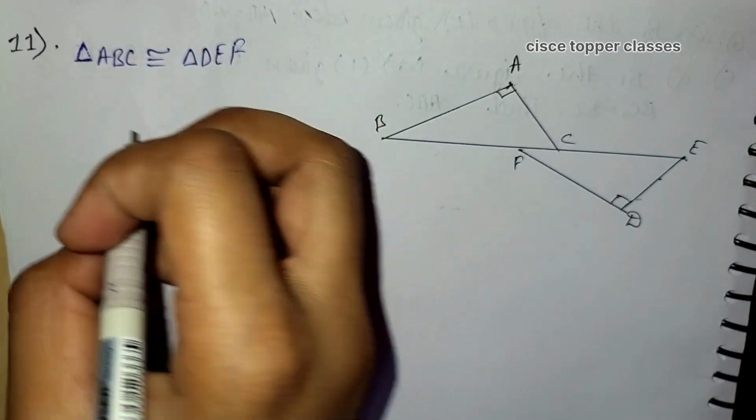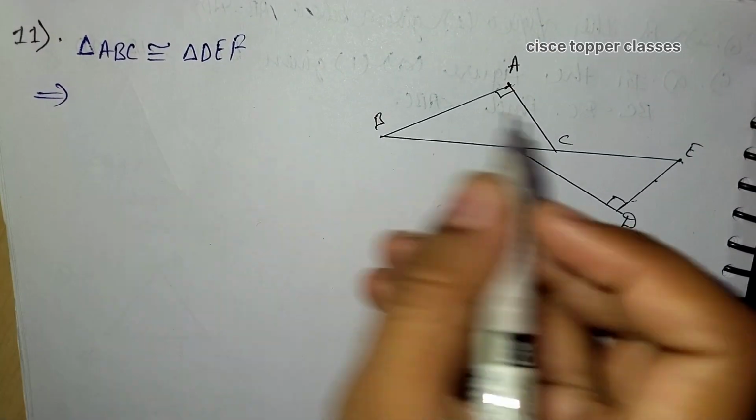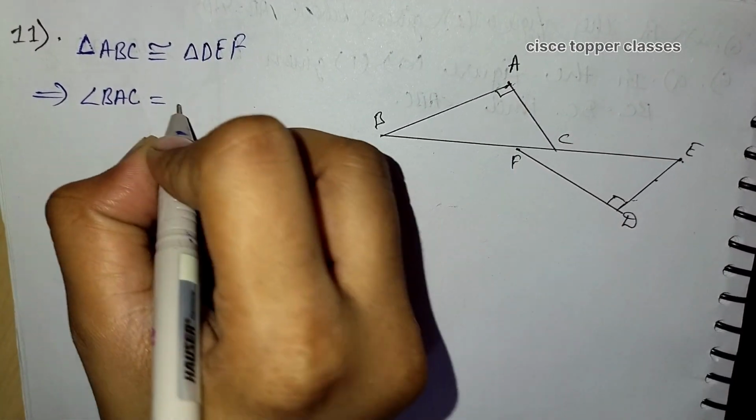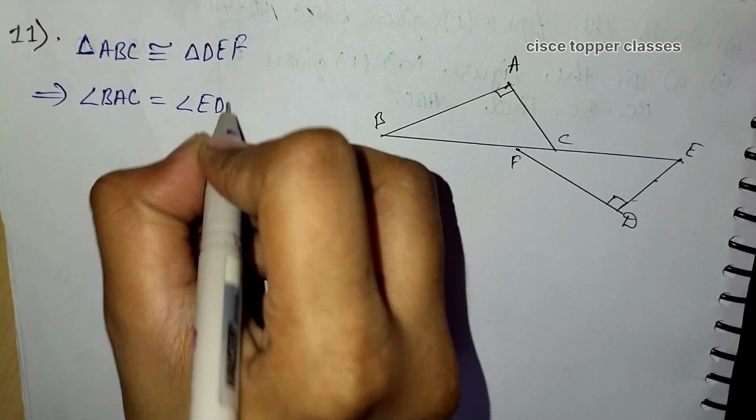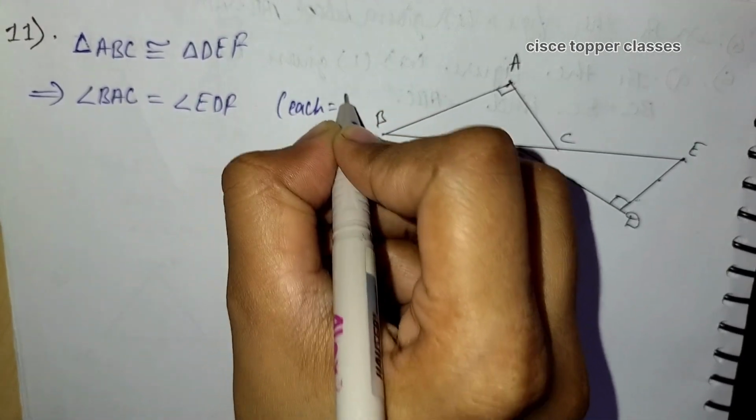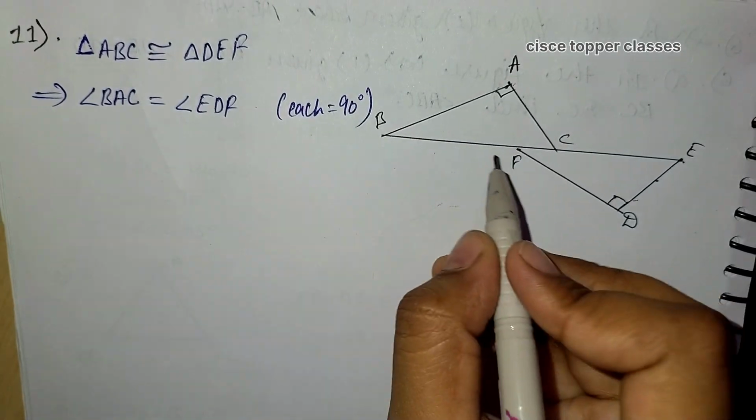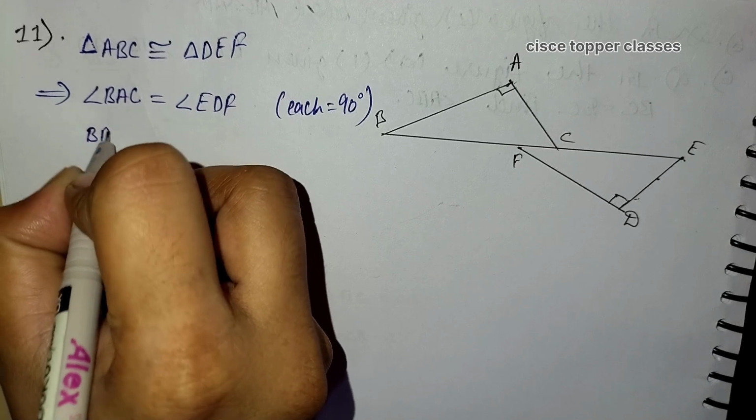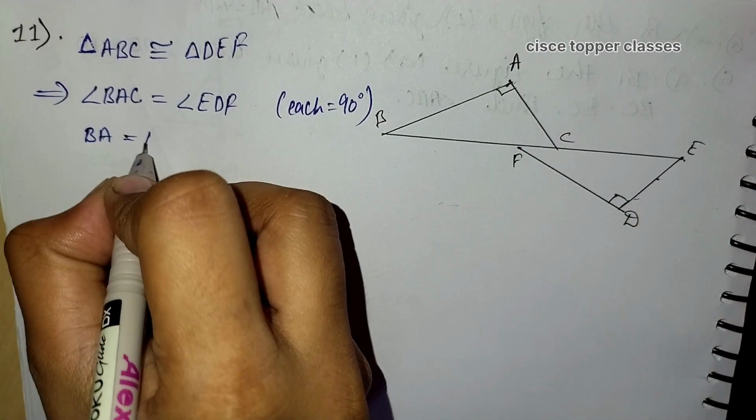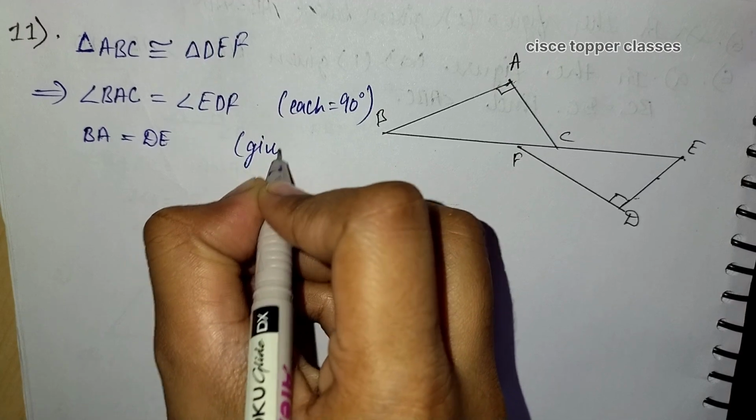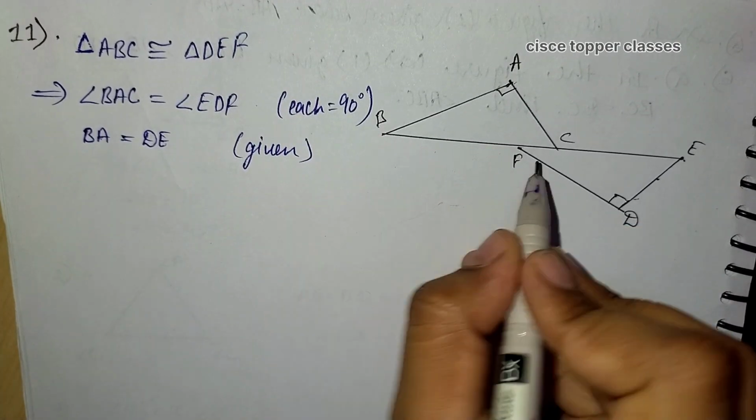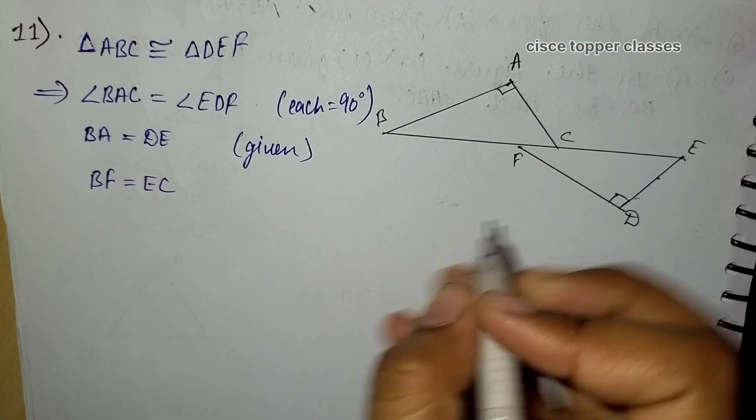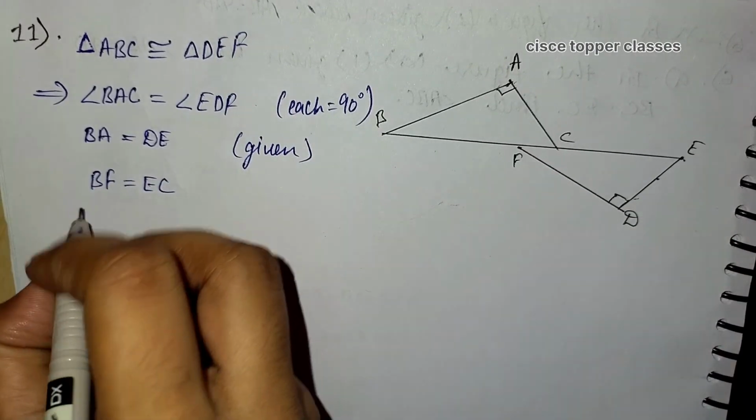So here we can simply write it as, to prove this, as this is perpendicular means angle BAC is equal to angle EDF, as each is of 90 degree and they are perpendicular. Now here the given information to us is BA is equal to DE. This is the given part here. And the third information is given, BF is equal to EC. Simply we can write firstly BF is equal to EC, and as FC is common here, so we can write